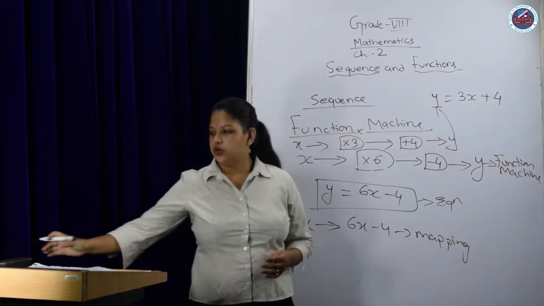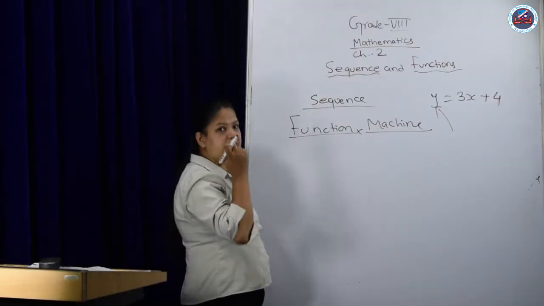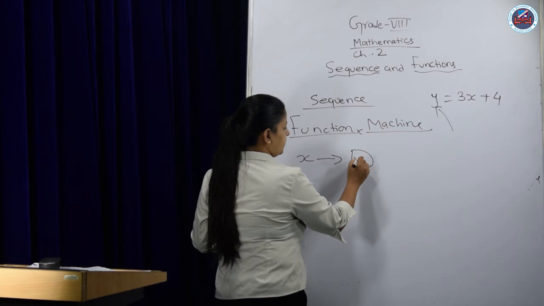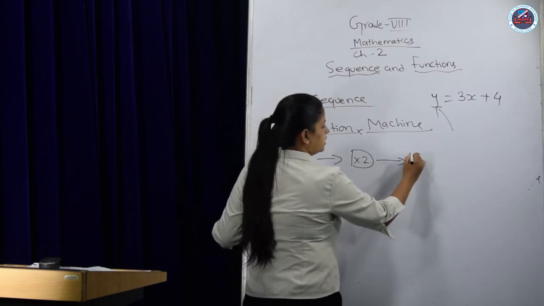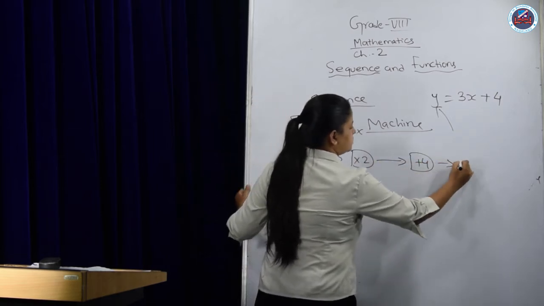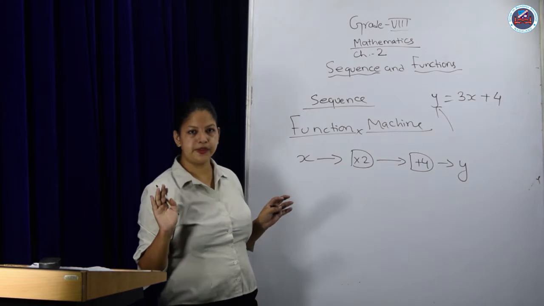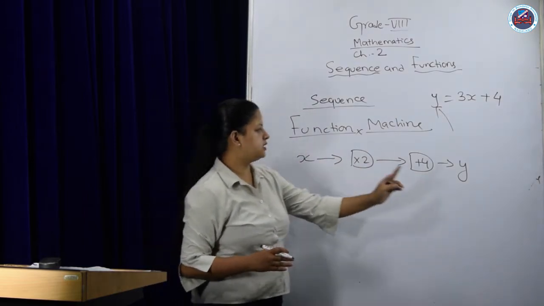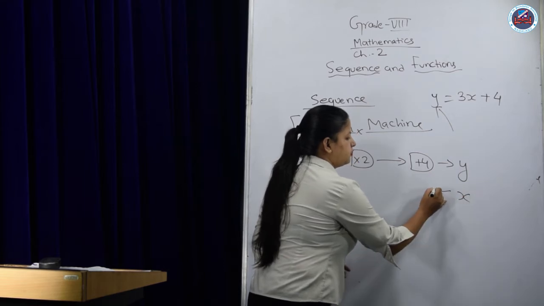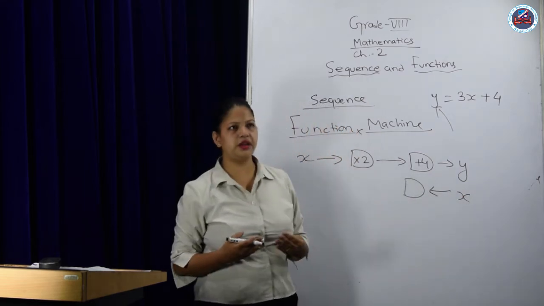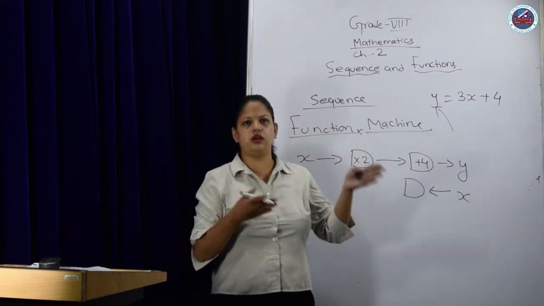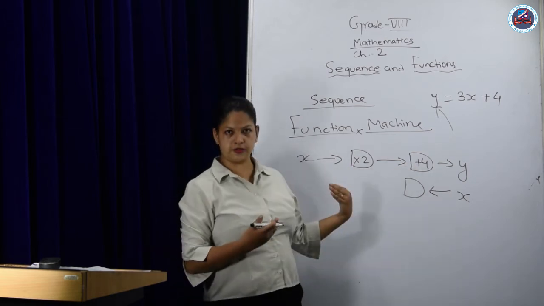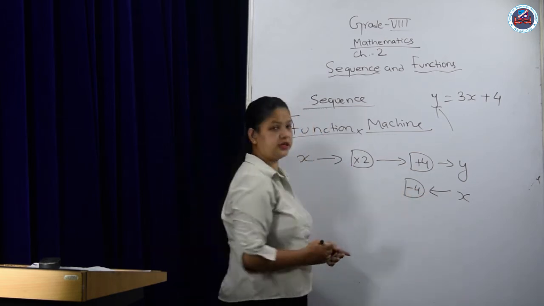Now, we'll be learning about the inverse. For example, your function is like this, x multiplied by 2 and furthermore input is plus 4 gives you y. Okay. Now you want to reverse it. Then for reversing, this side there will be x is reversed. Now what do we mean by reverse? Reverse means opposite, going in the opposite. Then the sign also has to be different. So if plus is there, opposite of it is minus. Plus will have to be negative.